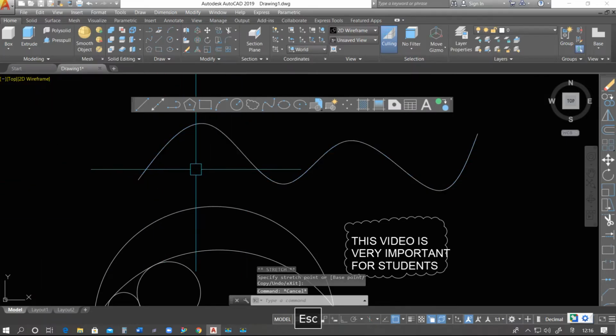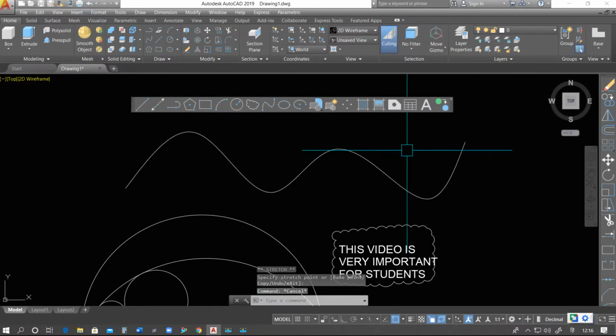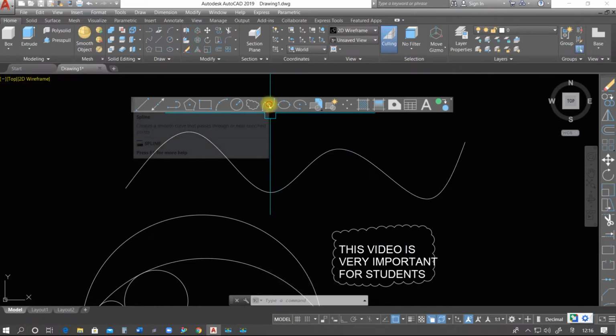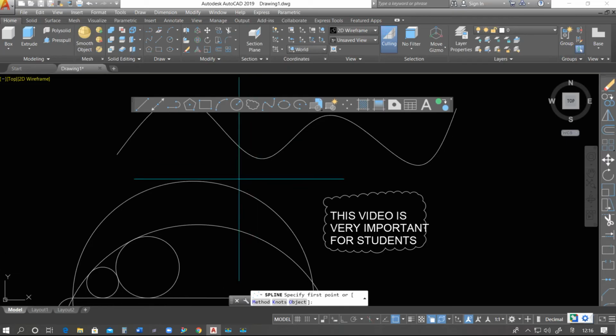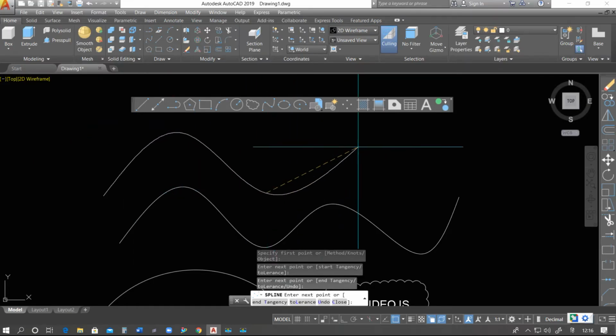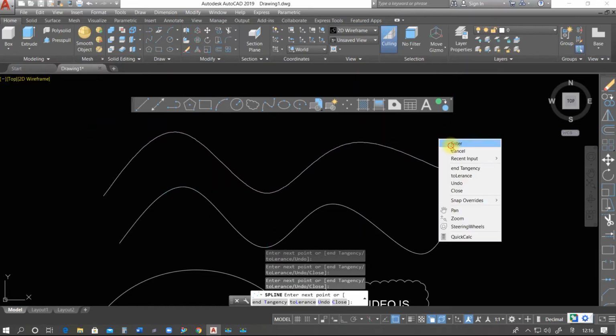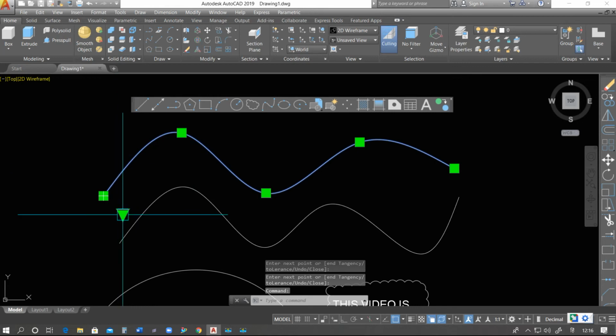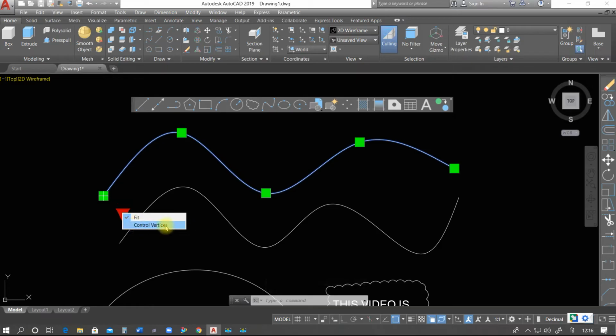Suppose I want to use control vertex spline, so that we use this one. We have the next option here. When we draw, suppose, okay, select here and then select here in this arrow, we have control vertex.